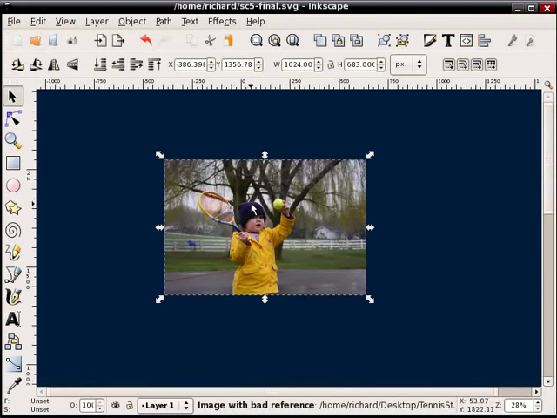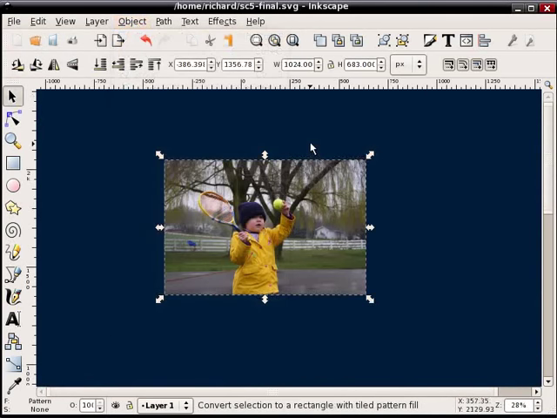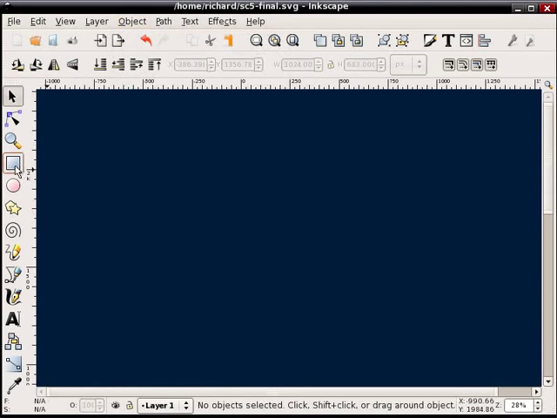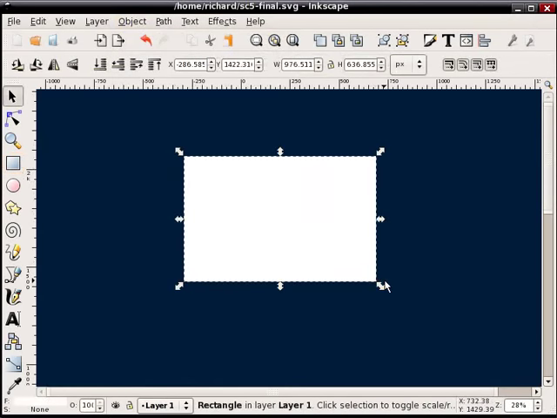Now once I have that selected, what I'm going to do is say Object, Pattern, Objects to Pattern. So we've converted that into a pattern. I can now delete it. I'm going to create a rectangle, and I'll bring up the